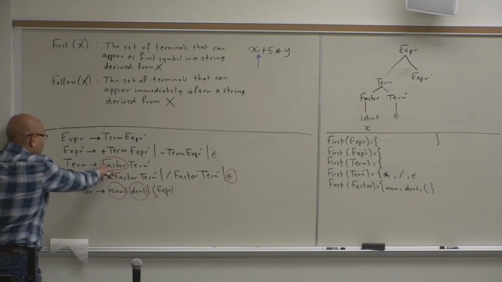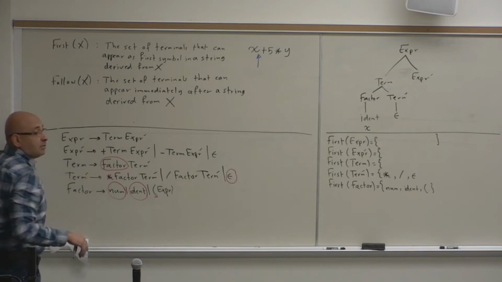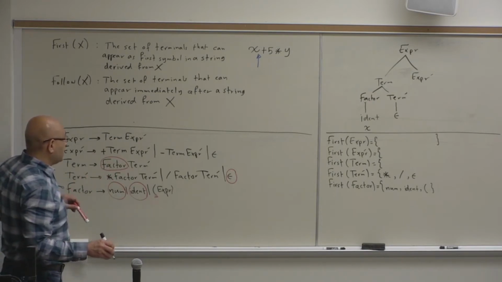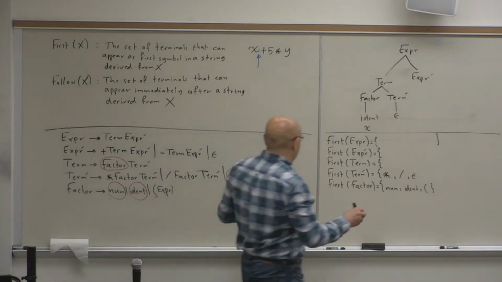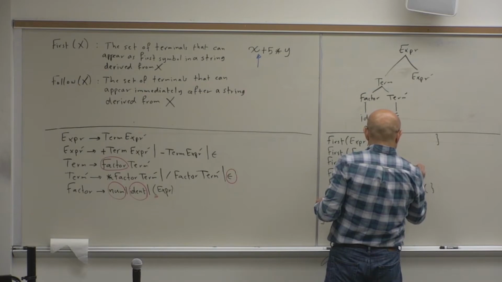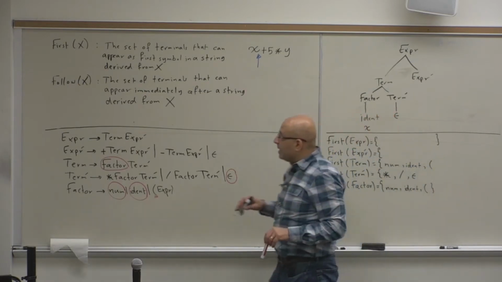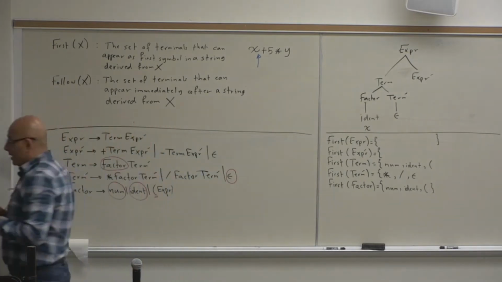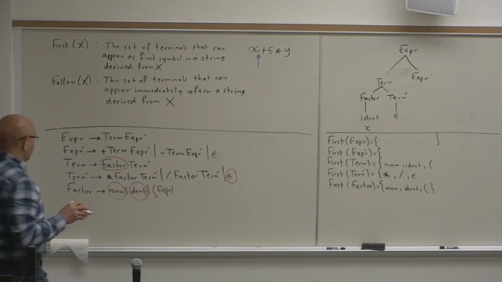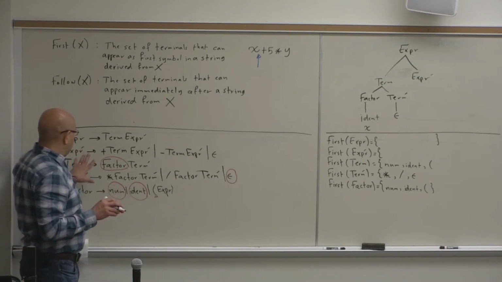The first symbol in a term is going to be whatever factor starts with. So factor can start with number, identifier, and open parentheses. Now that's not all. Well, in this case, this is all, but in general,